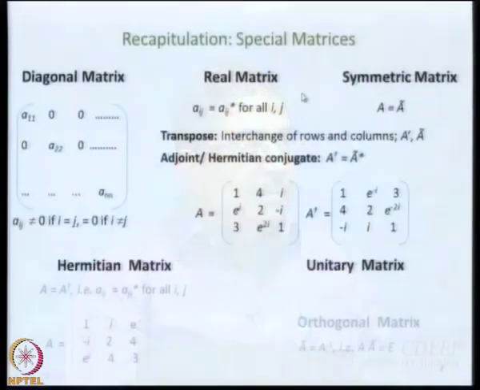But before that, we will need to know more about matrices, and this is what we discussed in the previous class. Everybody knows what a diagonal matrix is. I think everybody knows what a real matrix is. In very simple terms, a real matrix is a matrix in which none of the terms are imaginary, let me put it this way. If I say all the terms are real in a real matrix, that also sounds very funny, isn't it?